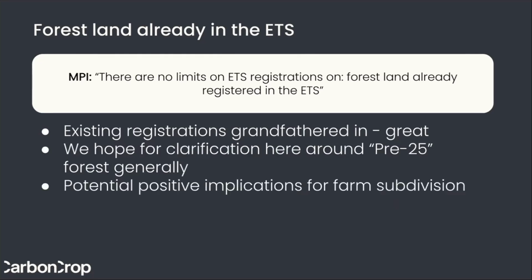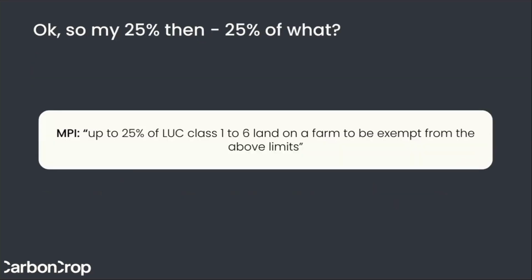This also has potentially positive implications for farm subdivision. This will come a bit later around the 25% rules. But if you got some forest registered under the 25% rule, and that created an obstacle to further subdivision of the farm entity, then it could be a barrier to people registering because they're worried about the encumbrances that they place on their land. This here is really just speculation on our part, but it's good to see that there is consideration to this point being given in the design of the legislation. So this basically brings us to the 25%.